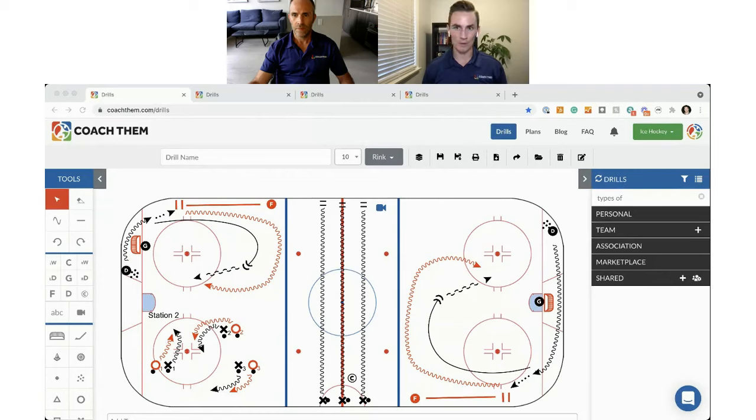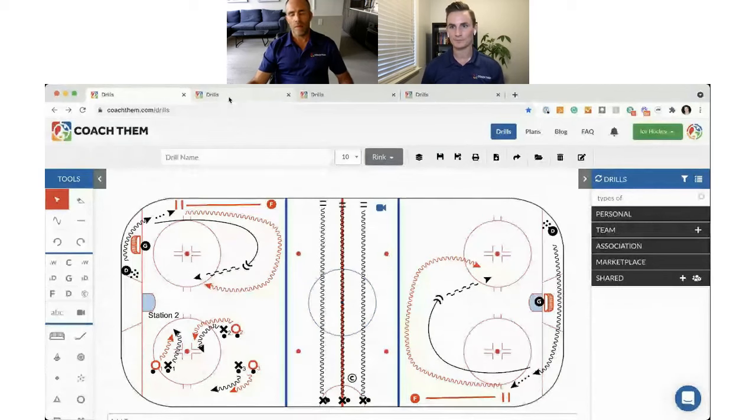So one of the things that people were asking about was copying from one drill sheet to the next. And you just showed how that would be done. But Mike, do you want to just talk through your best practice for what that looks like when you want to create a station-based practice and navigating between the different drill folders that you have? I see that you have a lot of different tabs open there. Do you want to just reconfirm the best way to create a station practice using tabs?